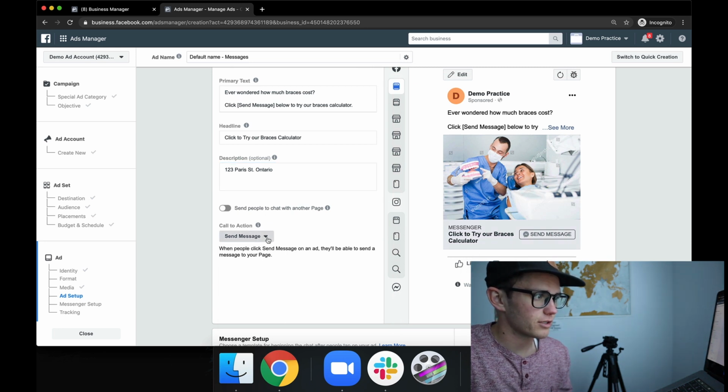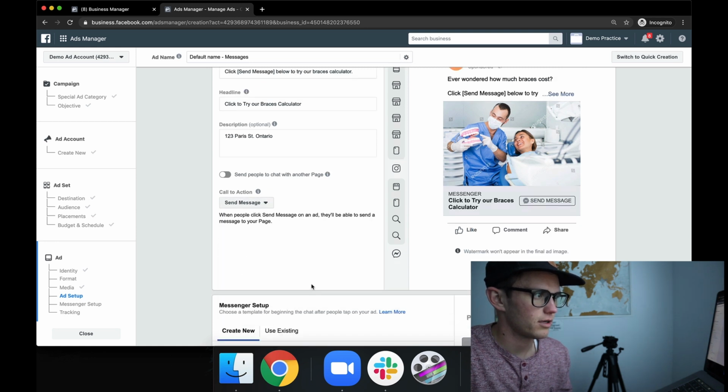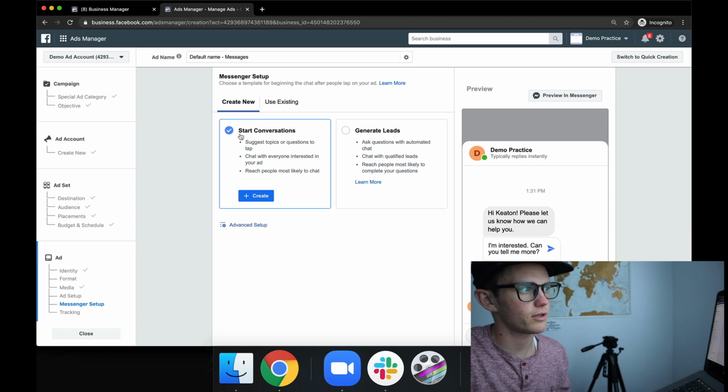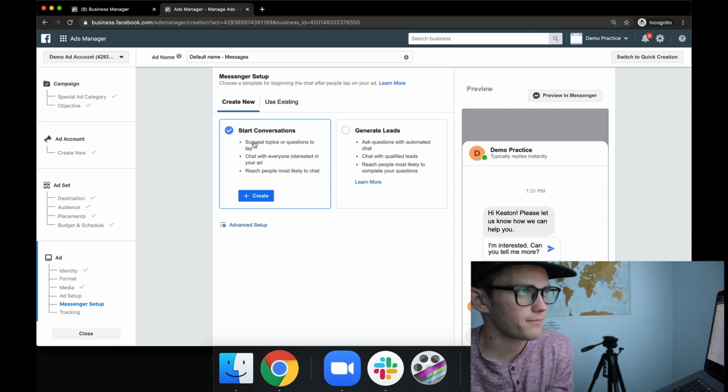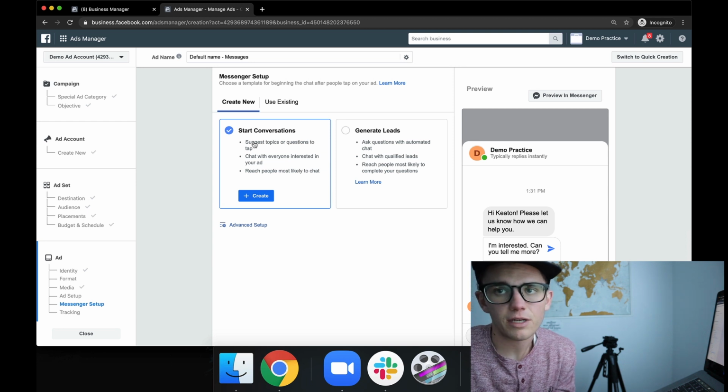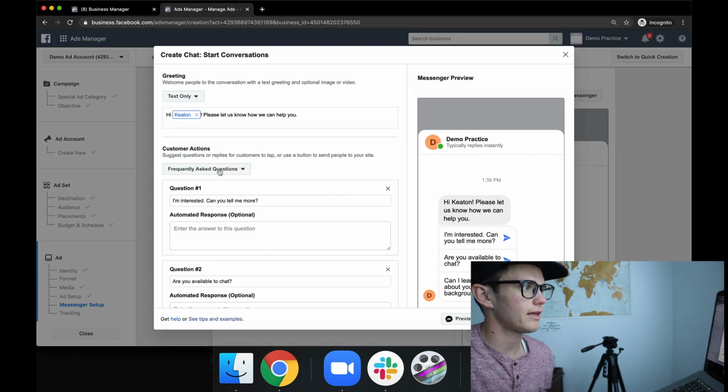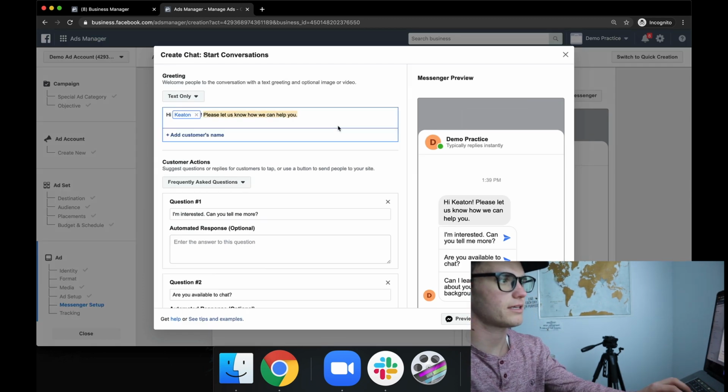And then the call to action, we're going to do send message here. You could also do learn more, but I like send message. And then when you're clicking here, you're going to say start conversations or generate leads. Start conversations is going to target people who are more likely to have a conversation with your practice or with your business, and generate leads is going to target people that are more likely to submit their name, phone, and email. And so what you can do here is come into create, and then let's say hi Keaton,